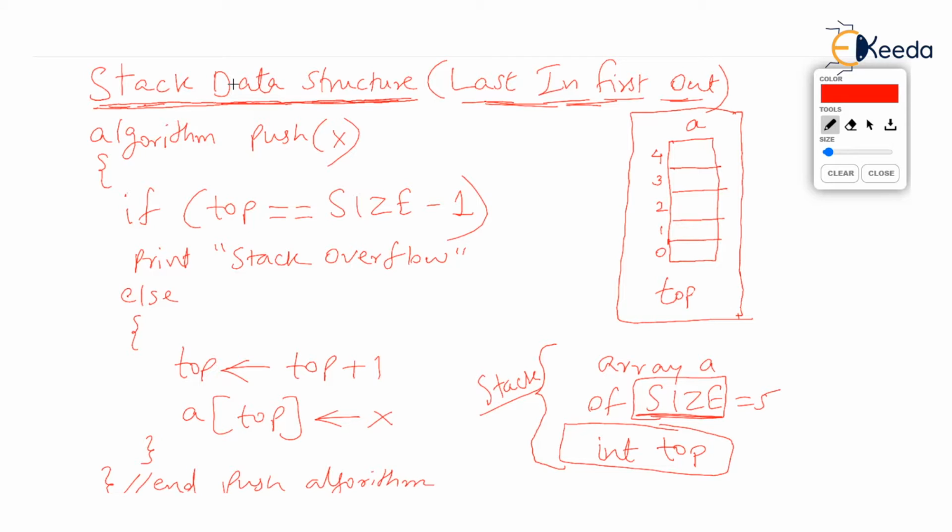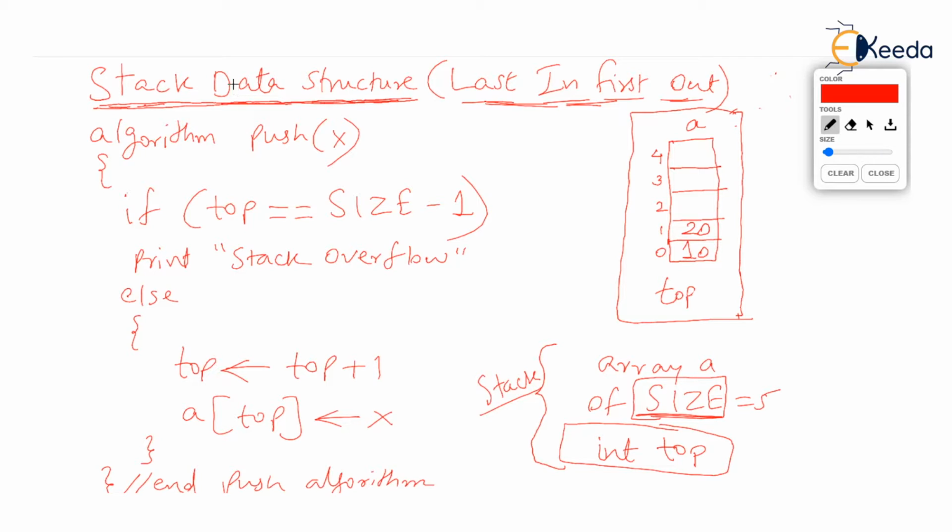So push an item in the stack. Let's say we push 10 in the stack. So 10 will be pushed in such a way that 10 will go in the 0th element. Suppose after 10 we push 20, let's say. Then 20 will be pushed in such a way that it will go on top of 10. So 20 will go at first element. Okay. Now imagine these are the values we have pushed. We have pushed 10 and 20.